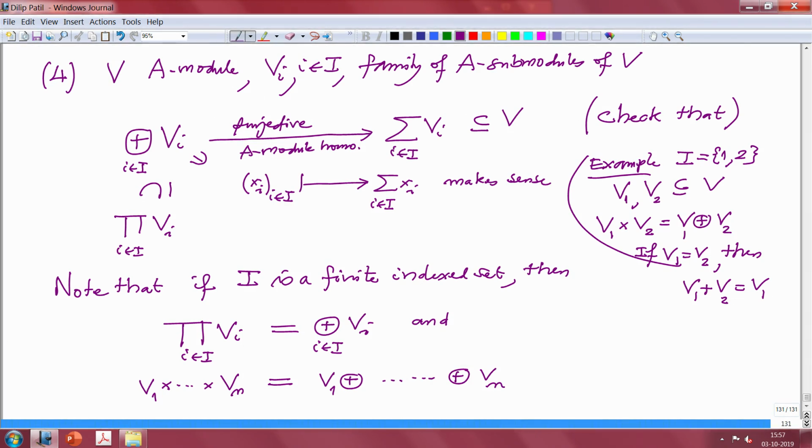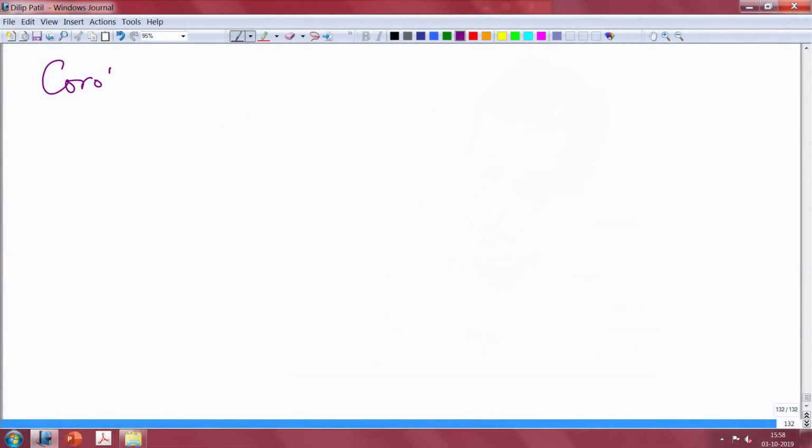Alright. So, now let us come back to our observation about the Noetherian modules and rings. So, the natural question comes up, if you have a family of Noetherian modules, what can you say about the direct sums and direct products and so on. So, that is collected in the next corollary. That is corollary, I do not know the number, I think 3.